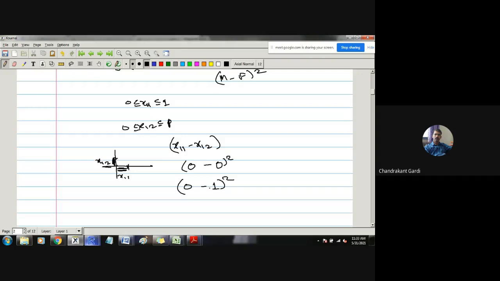Even if it is a negative sign, whenever we square it, it is going to be plus 1. There is another possibility that this will be the maximum and this will be the minimum, so (1 minus 0) bracket square, again 1. So every time that difference is going to be between 0 and 1, because we are taking differences of two numbers which are between 0 and 1. It is just like taking the difference between two standard uniform random variates between 0 and 1.